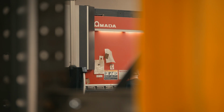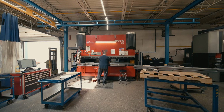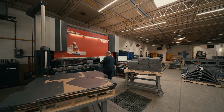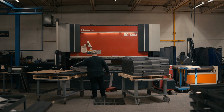Welcome to JVC's forming department. We've got two Amada 130-ton CNC brake presses. The first having been purchased between 12 and 13 years ago, and with the expansion of the company, a second was added. It gives us the flexibility to run two sets of production parts at the same time, or for particular orders, you do part of the forming on one press and transition straight to the second press to clear